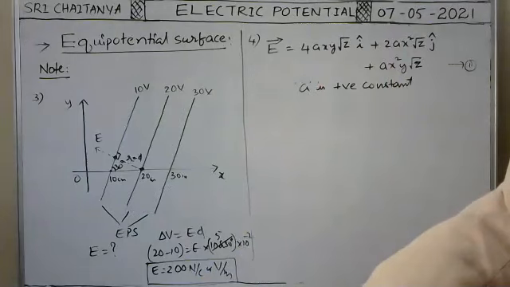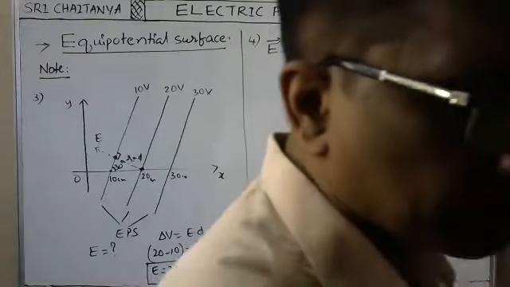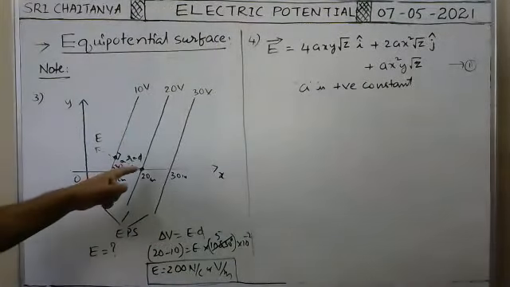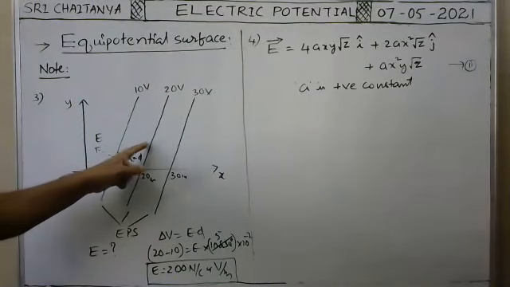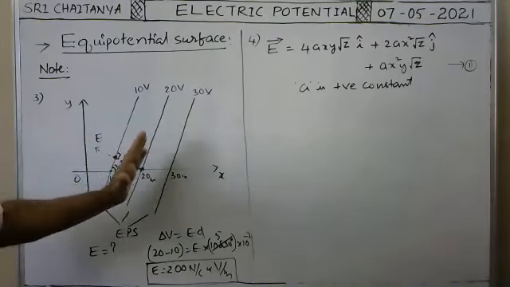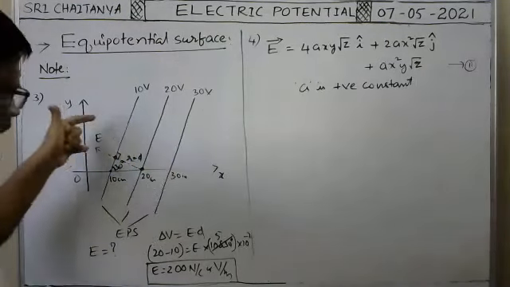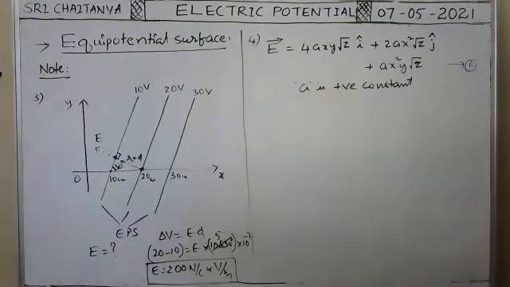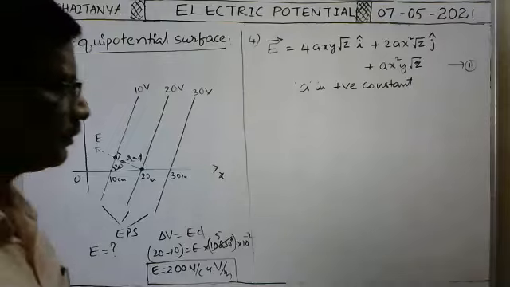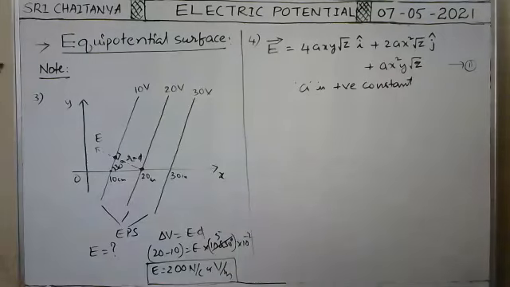In this previous note, if there is 10 volt in the middle and 20 volt, if 10 volt is here, 20 volt like that, definitely the electric field intensity direction is always from higher potential to lower potential. If it is 30, 20, 10, then in this direction the intensity of electric field is there. Sometimes the answer will be given in vector form. Already we got the magnitude. So how can we write it in vector form? The intensity of electric field in this direction has magnitude 200 Newton per coulomb.